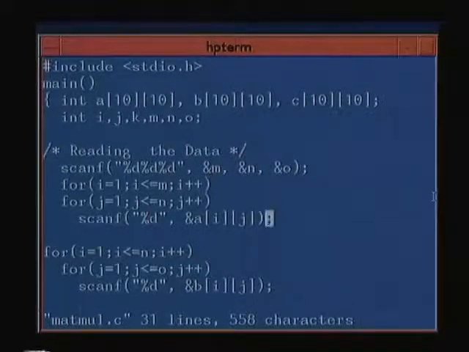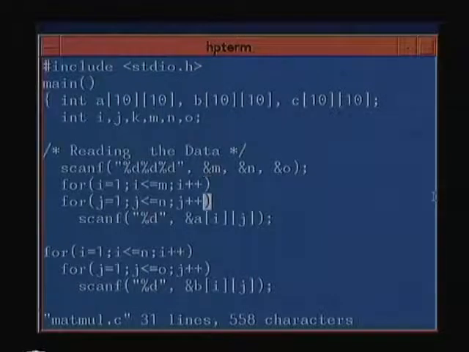Here we have read in the array A in a double loop, I equal to 1, I less than equal to M, but it would have been appropriate to actually do it from 0 to M minus 1, because if somebody gives you 10 by 10, then you will end up in problems, because these arrays are always going to be declared from 0 to 9. Anyway, we will make sure that we don't give the data that way.